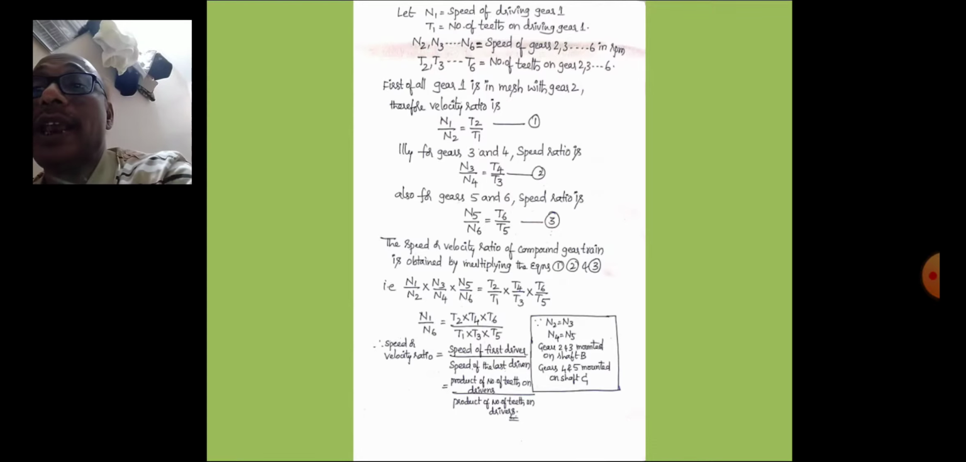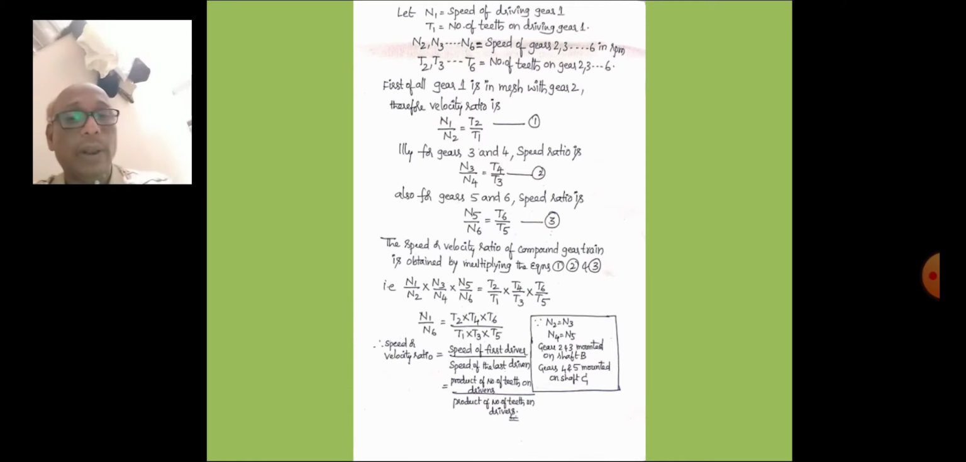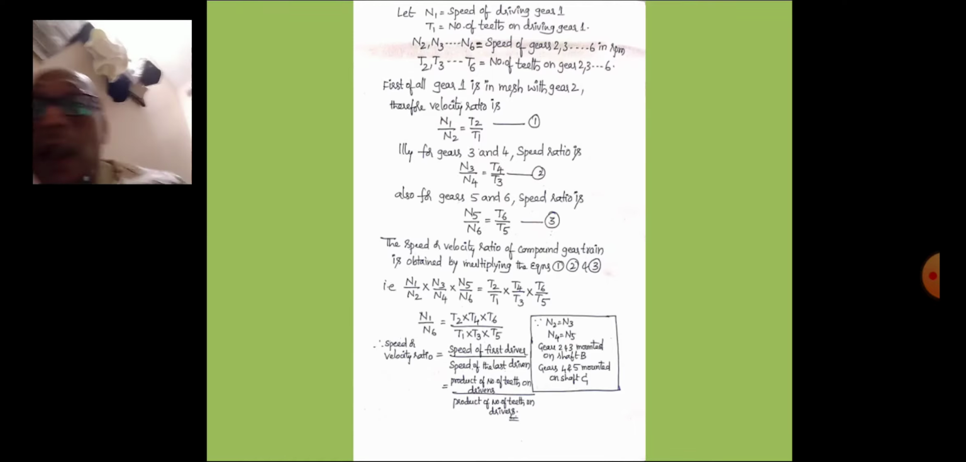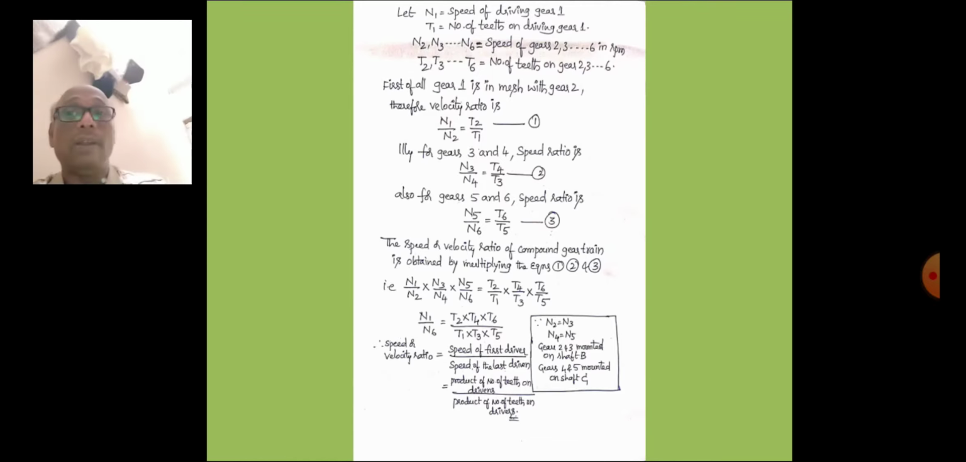Next, gear 3 is driving gear 4. Next, gear 5 is driving gear 6. Therefore, N1 is the speed of the first driver, and N6 is the speed of the last driven. How do we find the velocity ratio? The velocity ratio is very clear: speed of the driver by speed of the driven, N1 by N6. In the case of a compound gear train, that is equal to the product of number of teeth on drivens